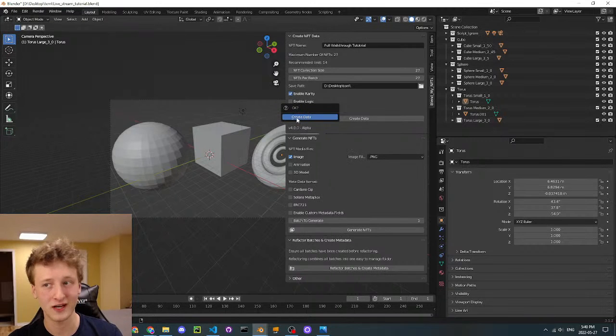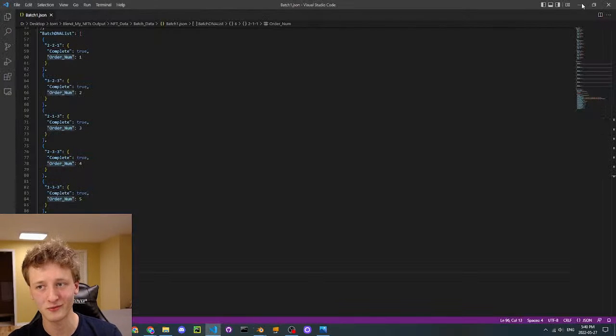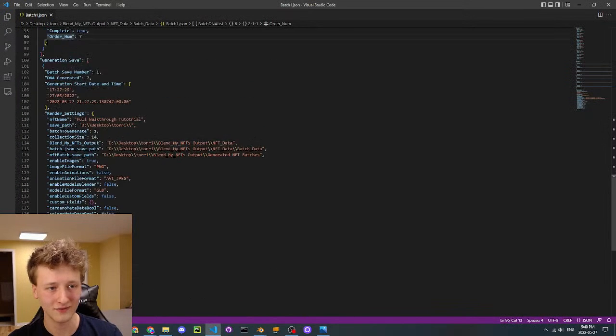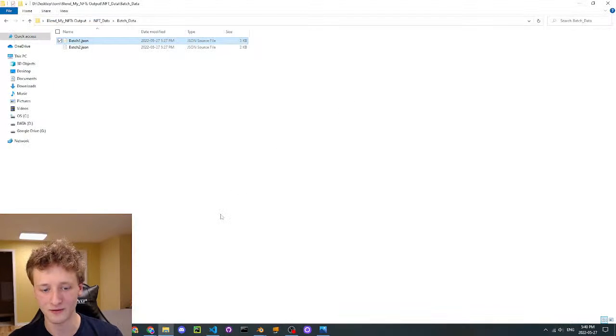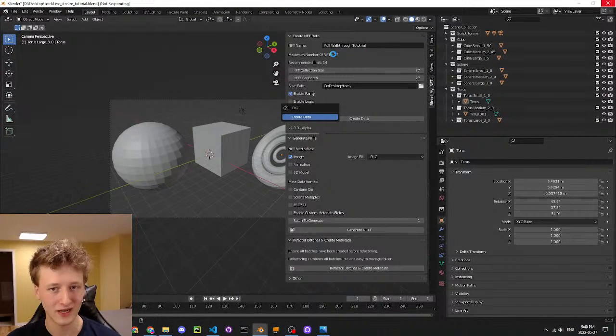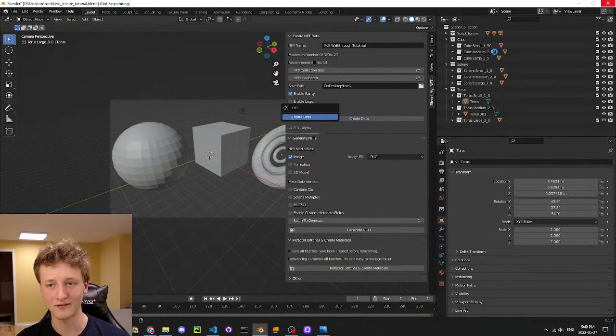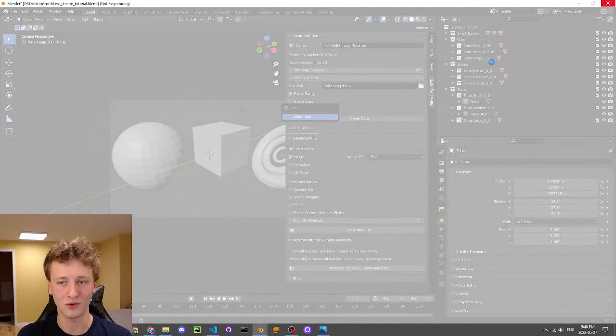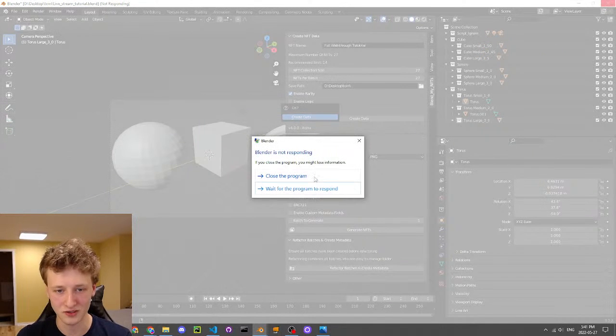And it's running for a long time, and that's because it should be running into an issue where it isn't able to generate that number of NFTs, because it's mathematically impossible. Out of 27 NFTs, you can't have 50% of them with small cube, 45% of them with medium cube, or 5% of them with large cube. It just won't work. So Blender's crashed. It's stuck in an endless loop,